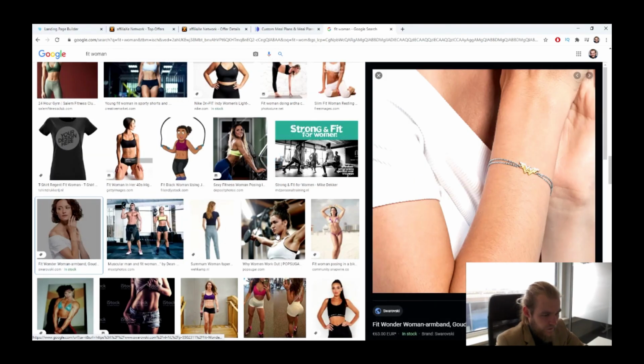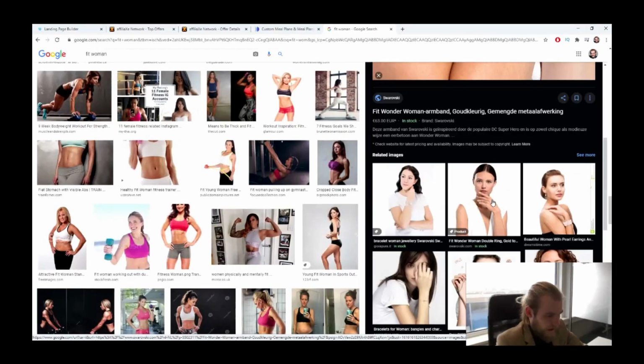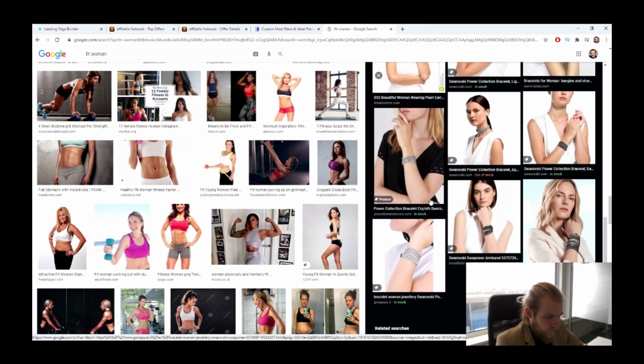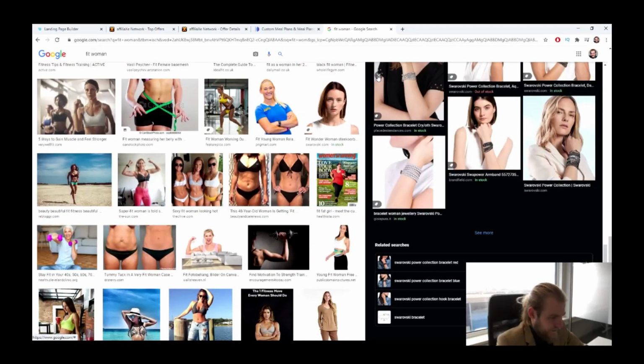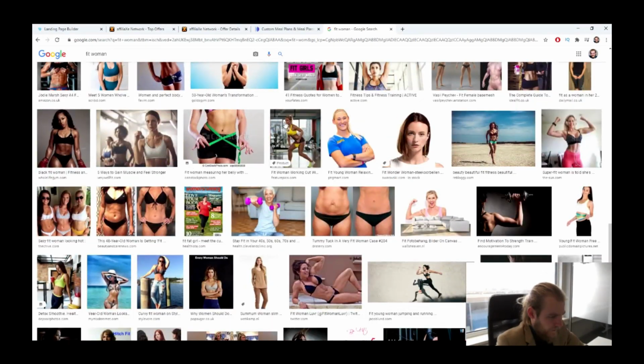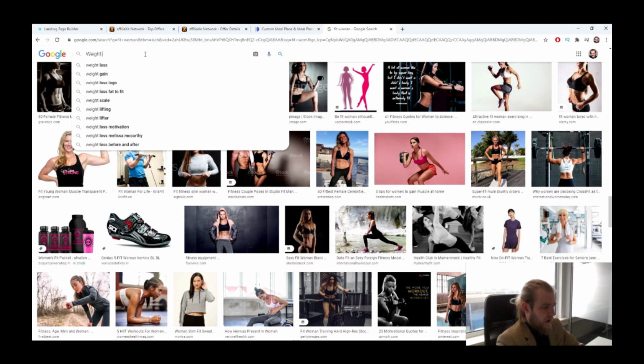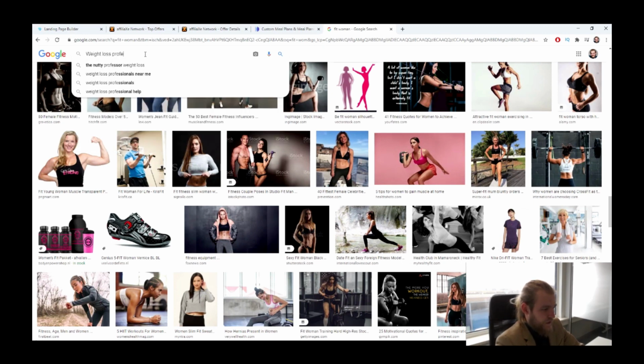This might be a good picture. Oh, let's zoom in on the bracelet. Okay. I don't know how that happened, but... All right, let's look for something else. Weight loss professional